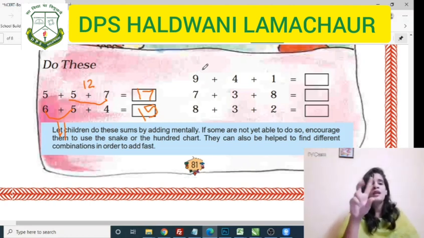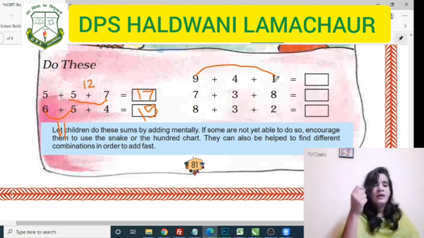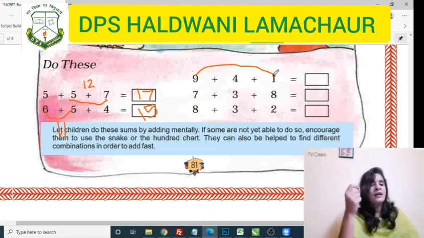First you will add 2 numbers, any two numbers, then whatever answer comes, you have to add the third number to it. Okay, so for example, one more I am showing you. So first, now I am adding these two numbers first. 9 plus 1 is equal to, what comes after 9? 10. Now after adding these two numbers, I have got 10.